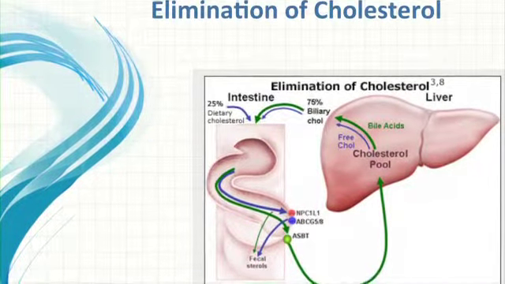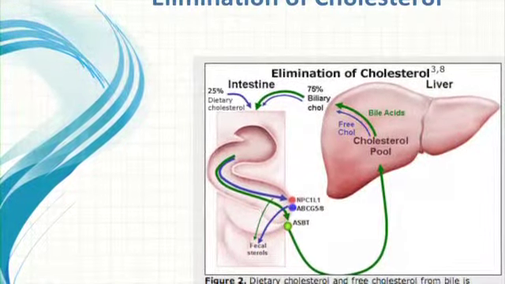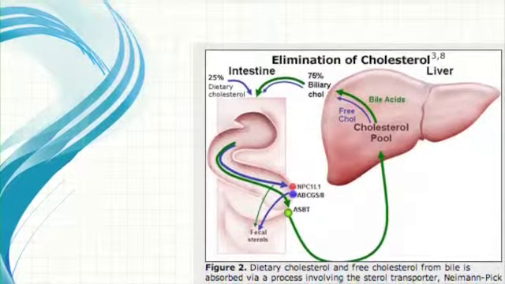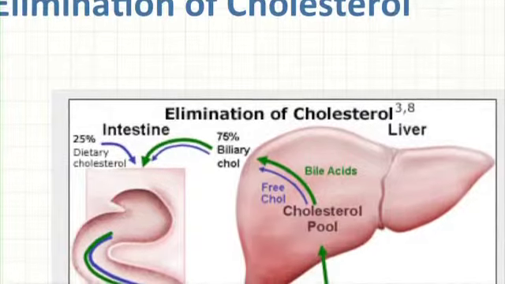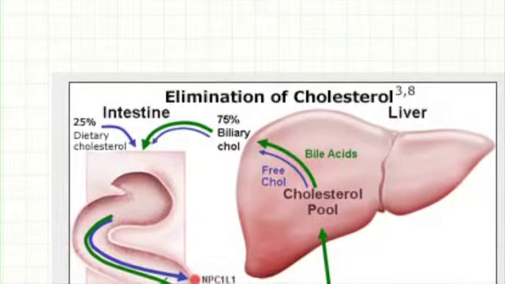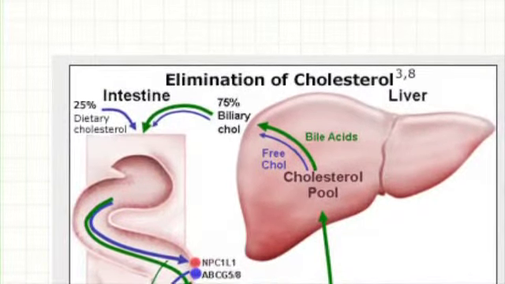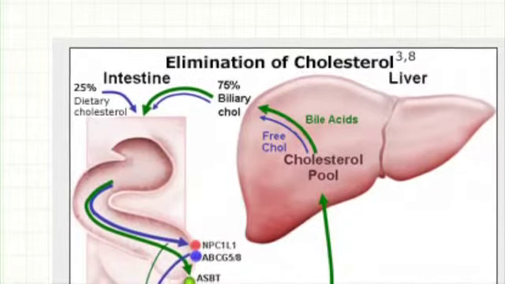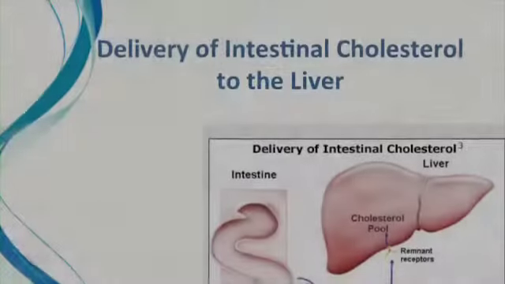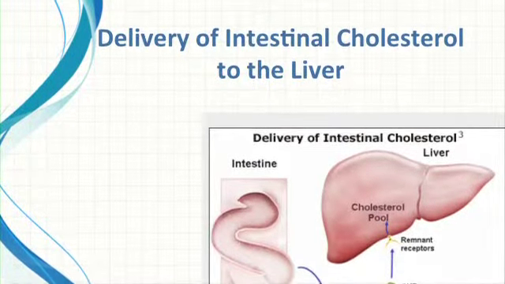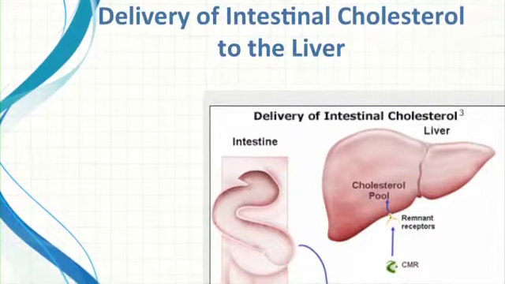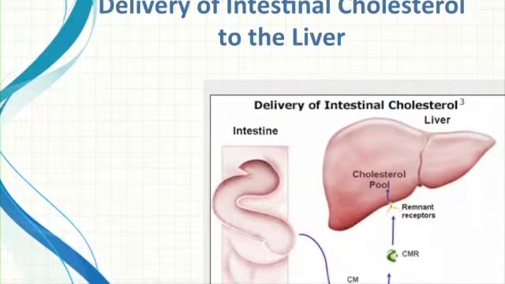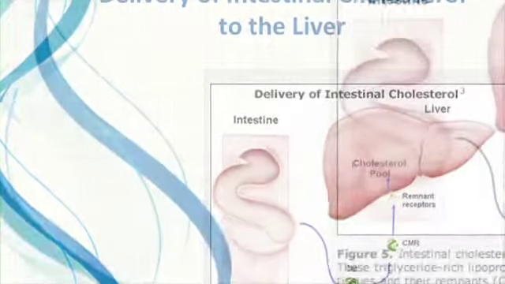And indeed, there are some drugs that will bind up that cholesterol so that it increases the amount of cholesterol that you lose in your feces, hence making the liver make more bile acid from your cholesterol and distributing less of that cholesterol to all the cells in the body. This is a slide showing the delivery of intestinal cholesterol, and indeed the cholesterol pool, as you can see, goes from the intestine when it's absorbed back into the liver, and the loop is generally